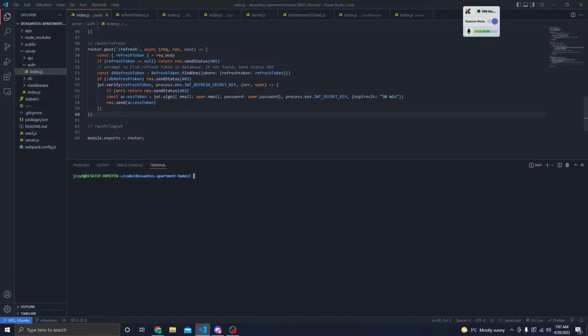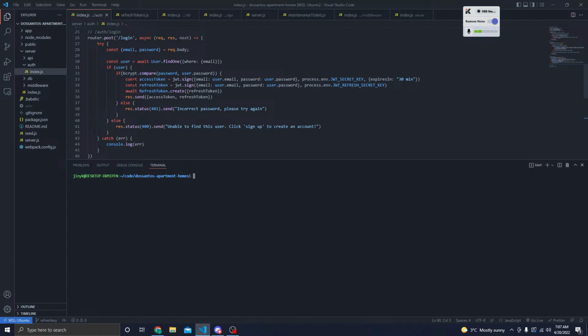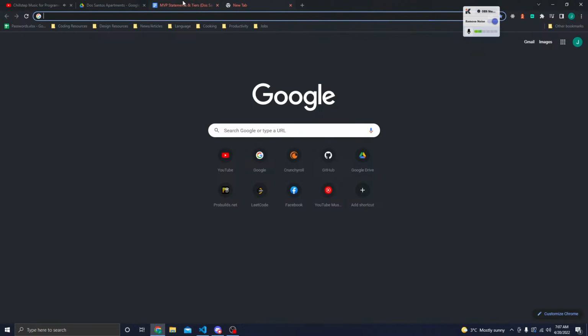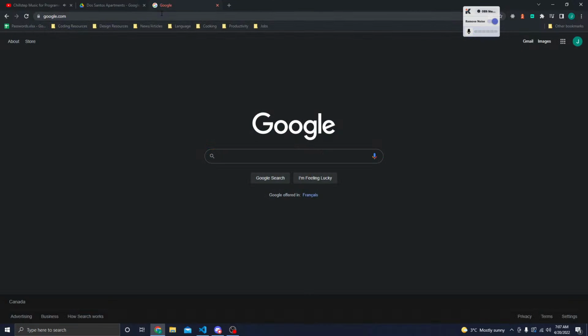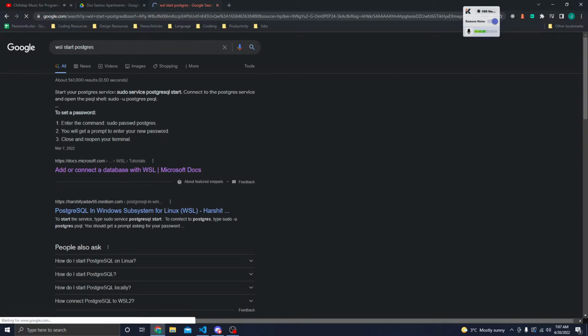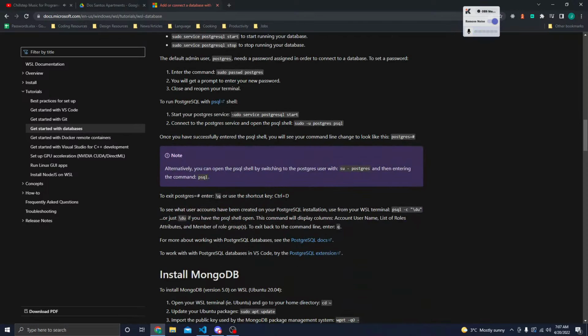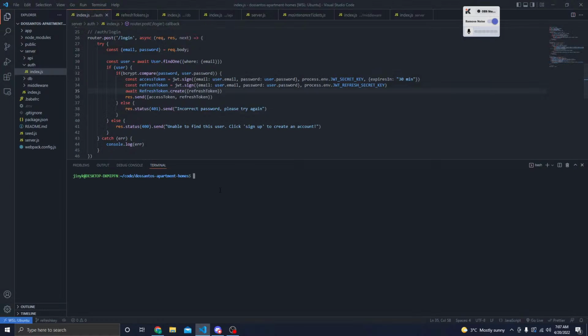All right, the last portion that we worked on is this refresh token create that we did. So let's go ahead and get our server back up and running. As we always do, let's first look up WSL start Postgres. Yeah, I saw it right up there, sudo service postgresql start. Cool. Put in the password. And now we should be good to go to run npm run start server